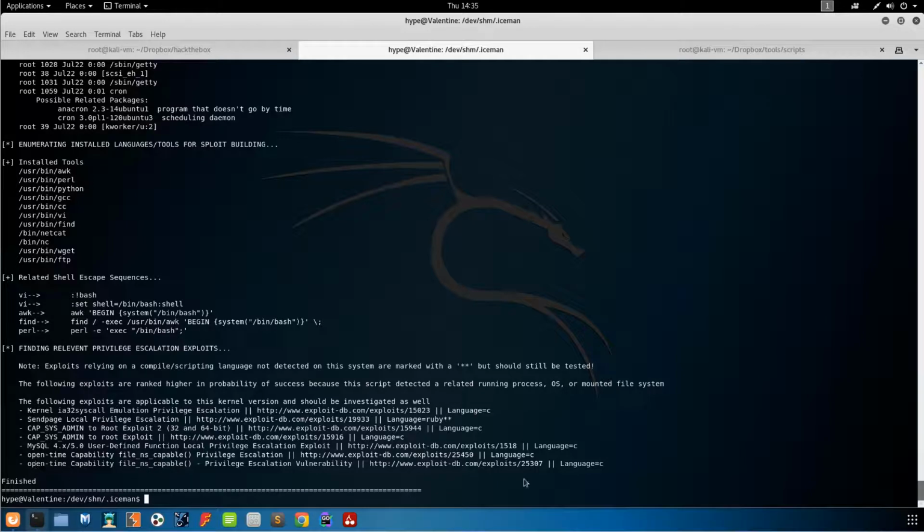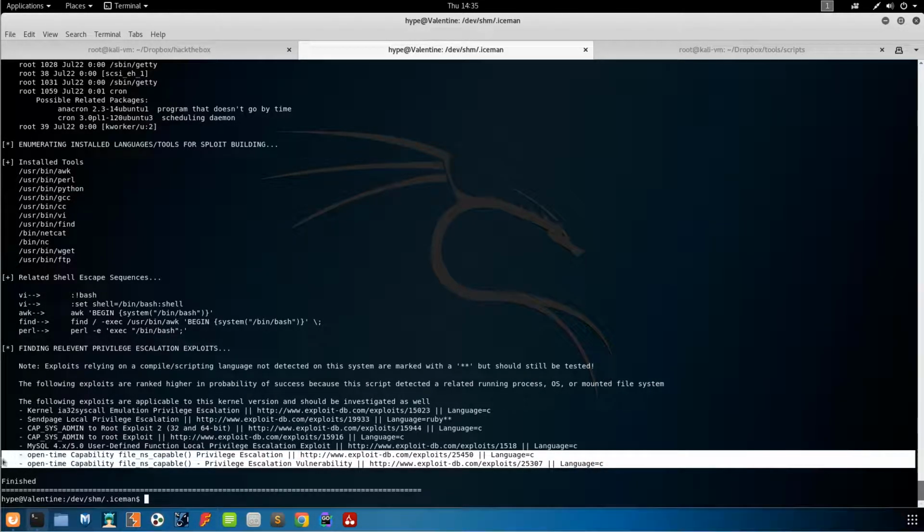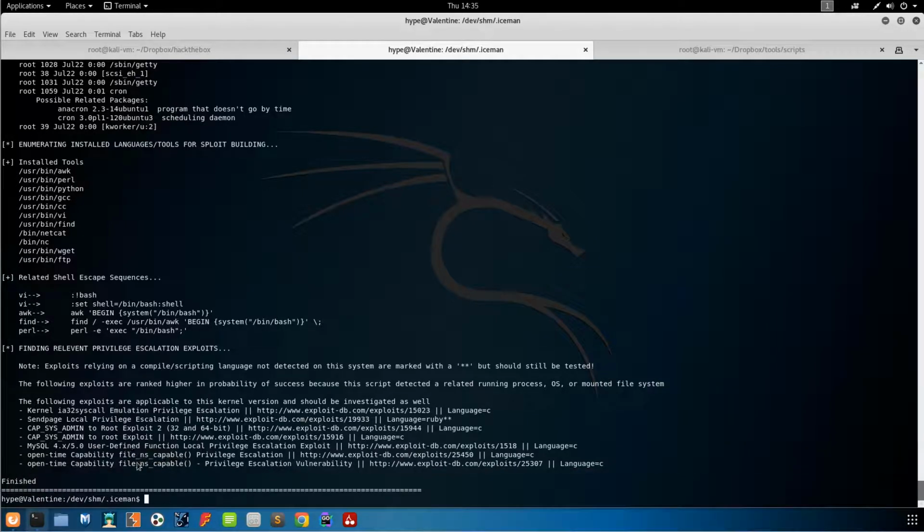A lot of these I have yet to see work most of the time. Most of them I think exploit different race conditions. One I don't see listed here, but that I know that we could try, is Dirty Cow. Dirty Cow tends to work on most Linux boxes that haven't been updated since late 2016-ish, I believe, is when they patched it. And so anything from before that time, which this should be well before that time, this version